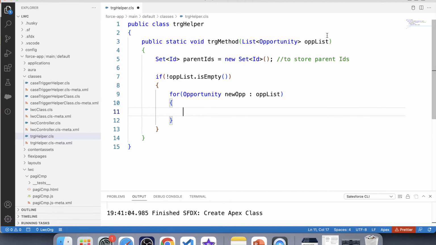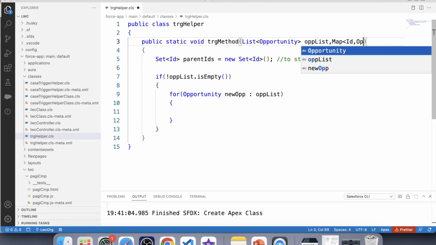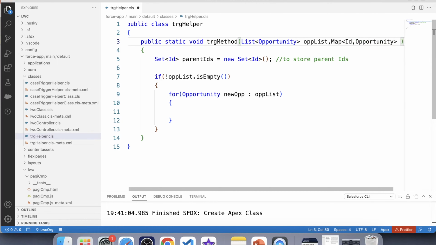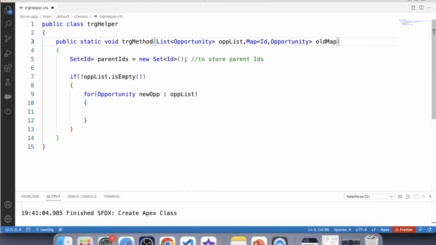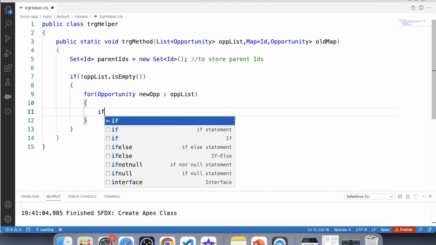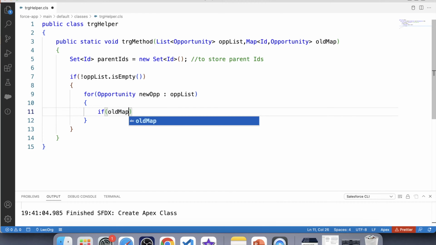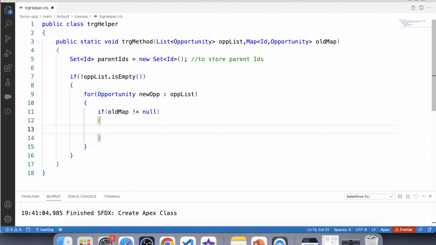So let's take another argument like this, Map<Id, Opportunity> oldMap, and in this argument we will pass Trigger.oldMap from our trigger. Now let's apply a null check on this map: if oldMap not equals to null,